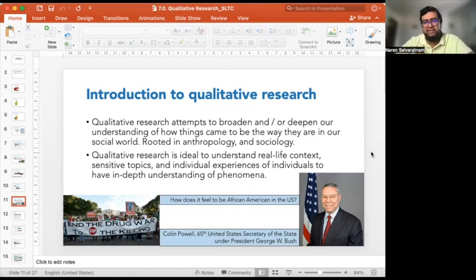Now, why do I say this? Now look at this image right here on the right corner. Now, this is Colin Powell, 65th United States Secretary of State under President George W. Bush. Now, this was the exercise we received while I was doing my undergraduate studies in year 2012. We had the class called Race Relations and Minority Groups. In that class, our professor showed an image of a group of people and told us to say to what